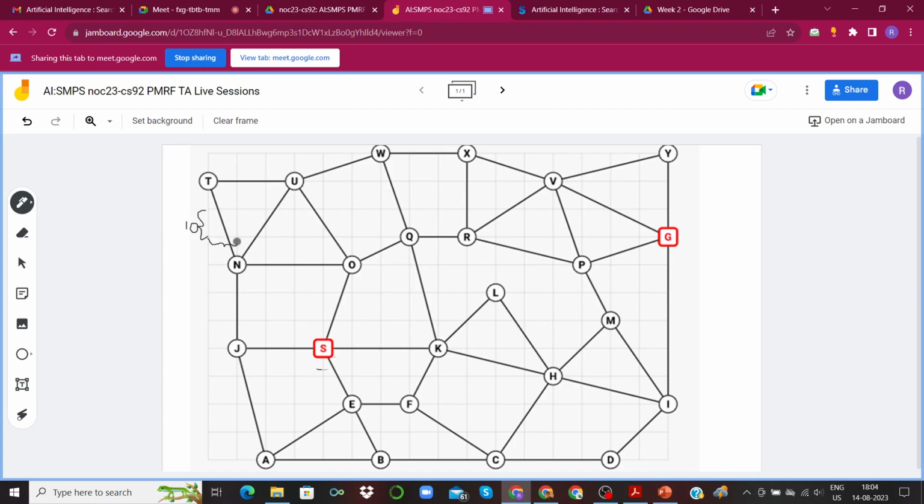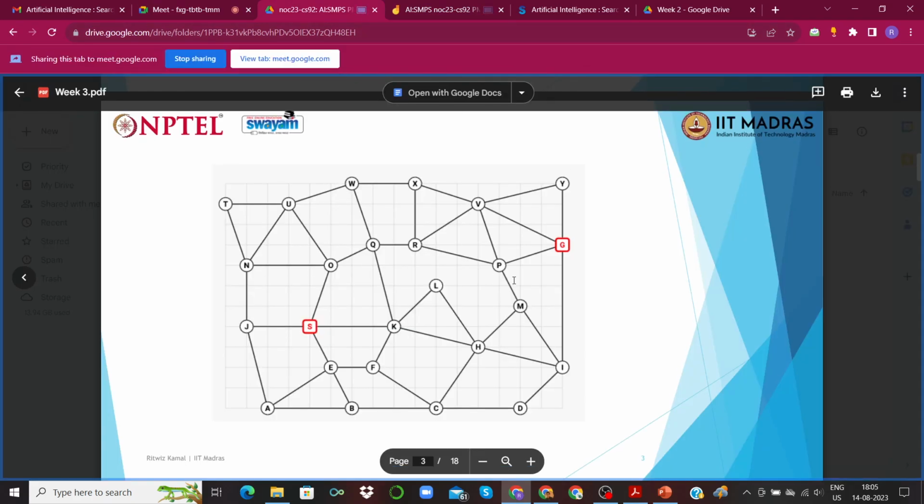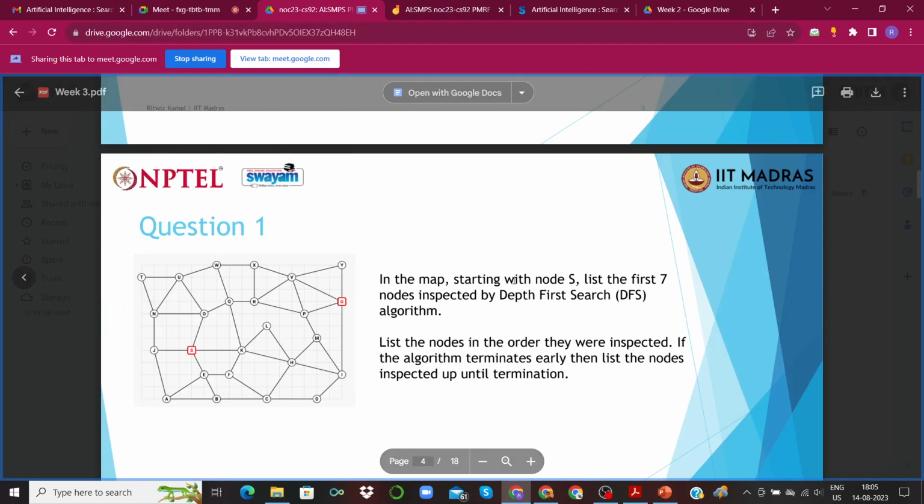You can think of it as 10 centimeters, 10 kilometers, whatever you want. We are just going to assume that each of these boxes is a 10 by 10 box. We are going to need this information when we see some of the algorithms we will employ to find the path from S to G. With that in mind, let's see the first question.